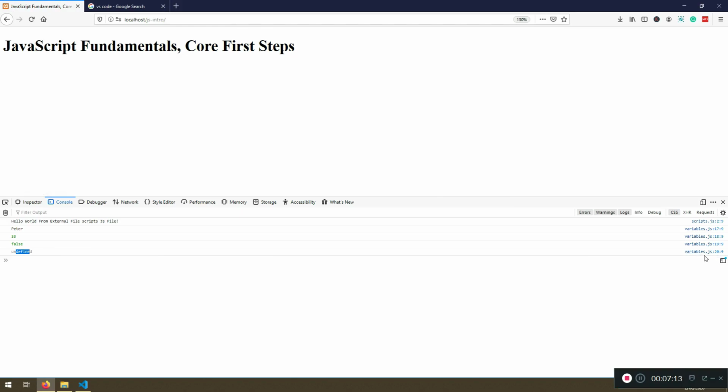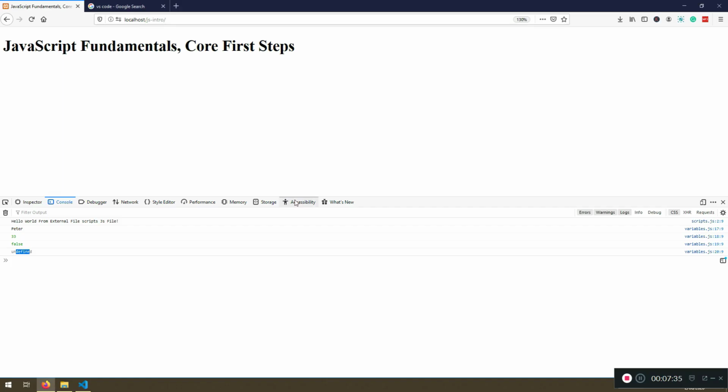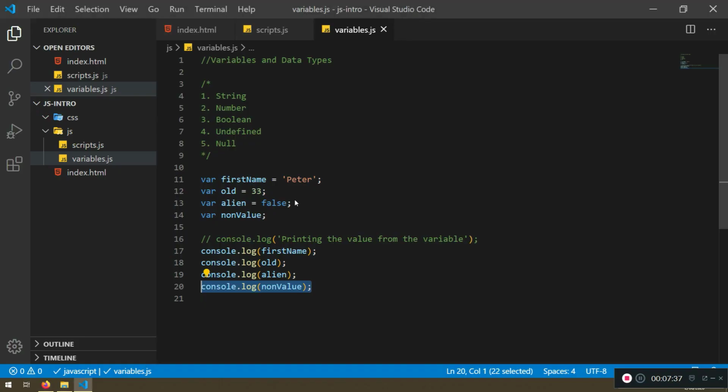So this one here, it's telling me where it comes from. It's saying variables.js 20:9. Now that 20 is the line number, right? So I do have this line number, and actually you can debug it sometimes. You can put a breakpoint here, but that doesn't matter. It's not for this lecture or tutorial. So now that is pretty much what you need to know about